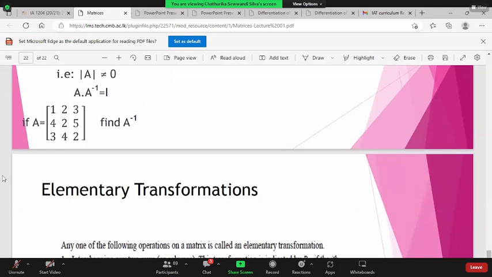Here I'm not going to perform the inverse. Later on, I'll show you how to find A inverse, that means how to do the inverse step by step. Because now you know that in order to find the inverse, what you have to do is adjoint divided by determinant. But how to construct the adjoint? First you have to calculate the minors, then the cofactors, then how to get the adjoint out of them, and then after finding the determinant, you need to do the division between the two. So we'll do it like that.